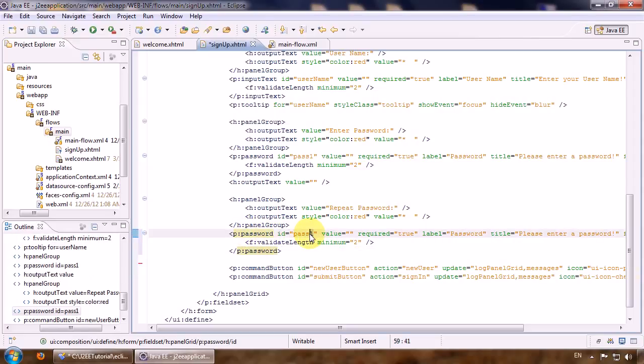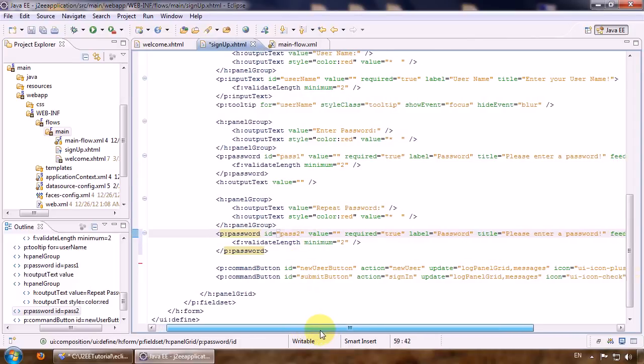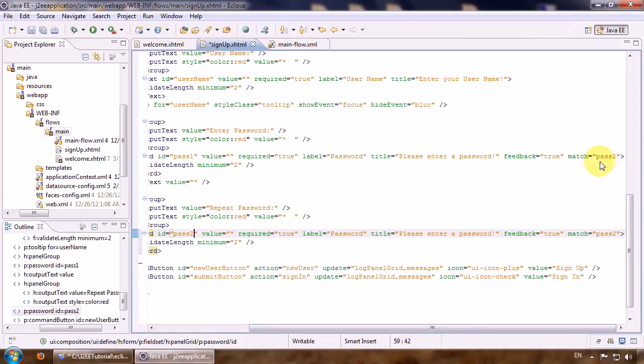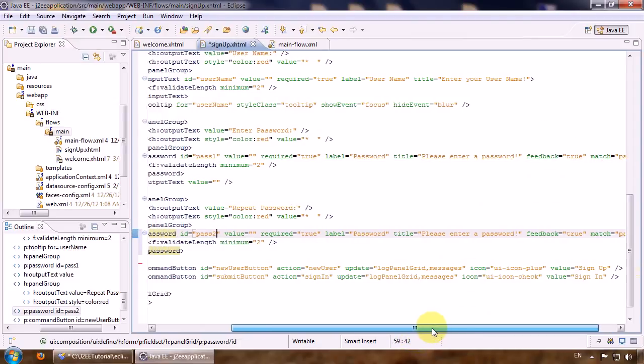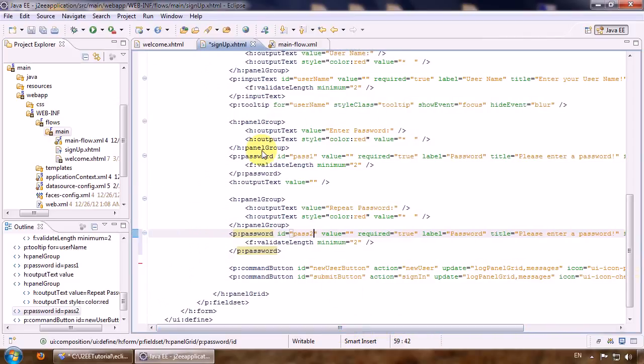Now we call this as pass2. And remember that we reference it from here in match attribute, so we compare these two fields,